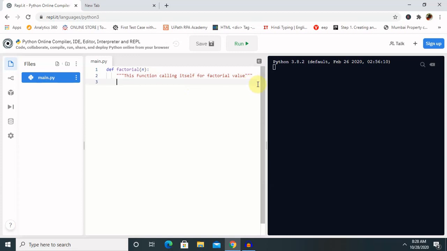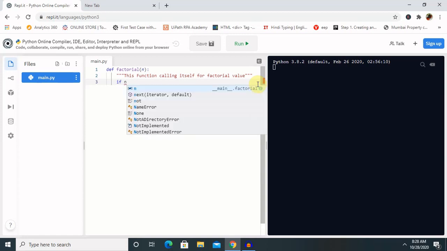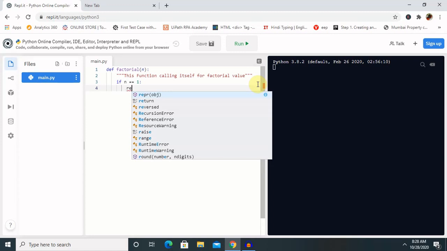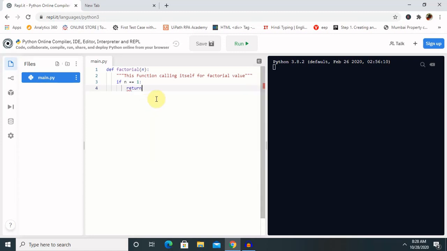So let's enter an if condition, n equal to 1. Then in this it will give us a return value, return 1, and then enter, else it will give the next value, meaning return